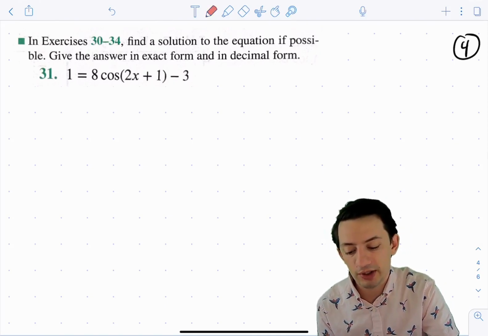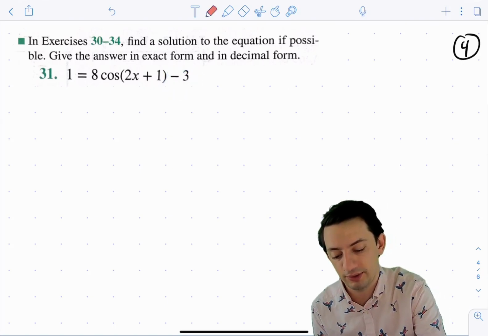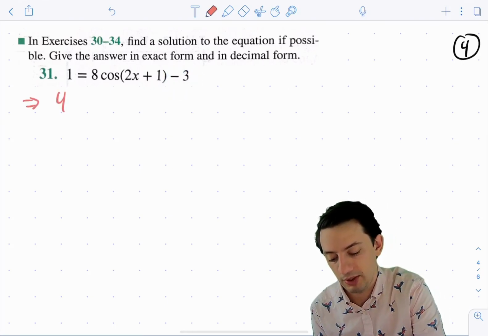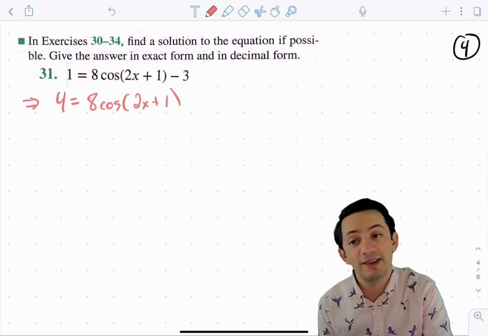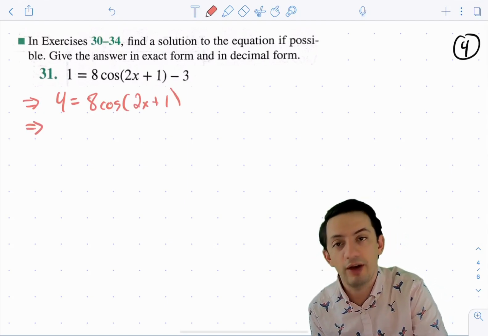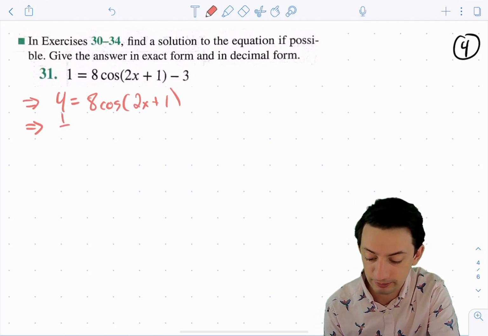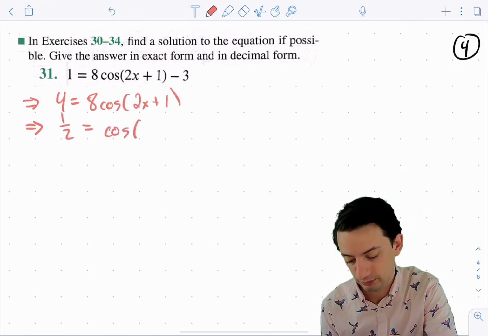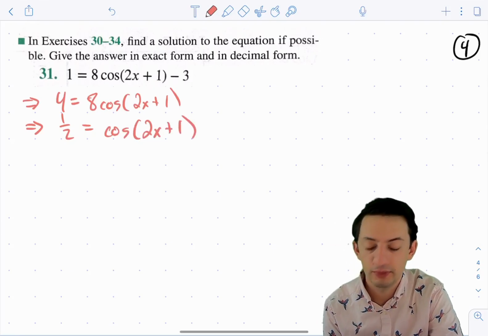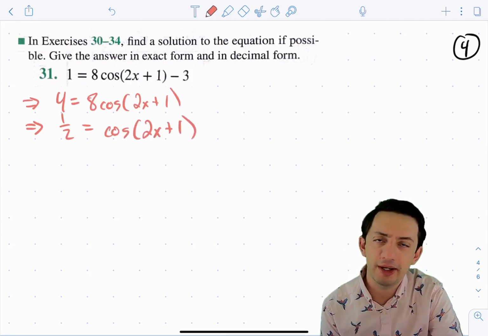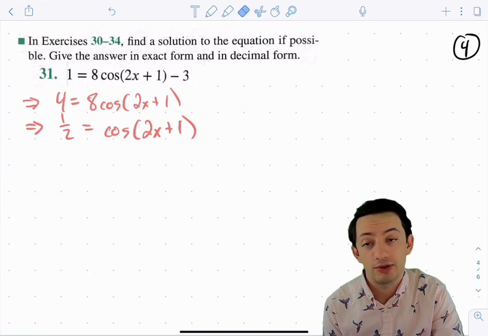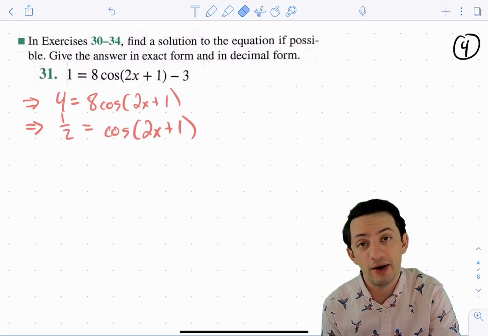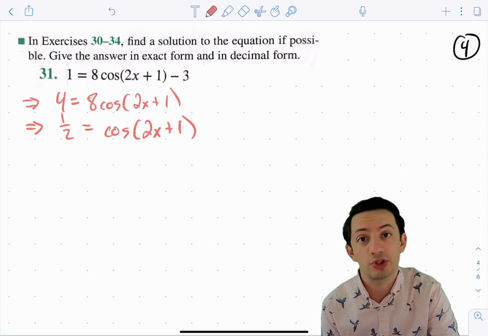So if we're going to isolate the x, let's first move the minus 3 over to the left. That means we have 4 on the left-hand side equals 8 cosine 2x plus 1. Then we'll divide the 8 over. On the left, we'll have 4 over 8, which is 1/2. And now we've arrived at a place where the variable's inside of a cosine. So the only way that we can cancel that out is by applying the inverse function, which is arc cosine,